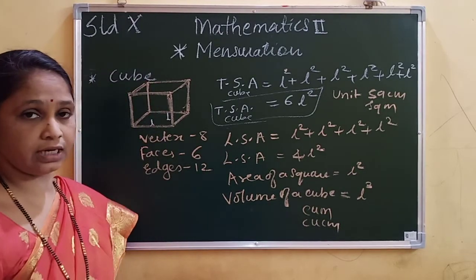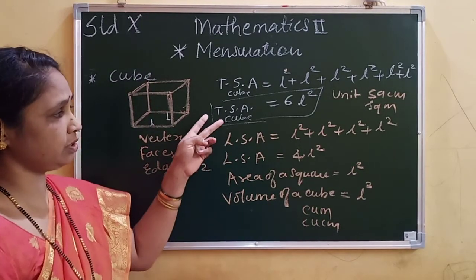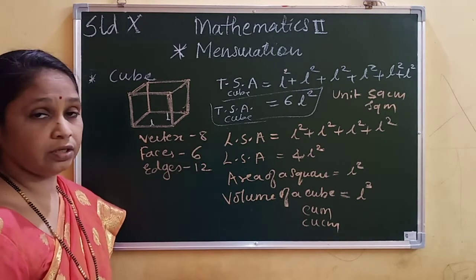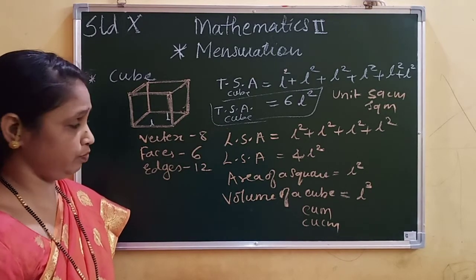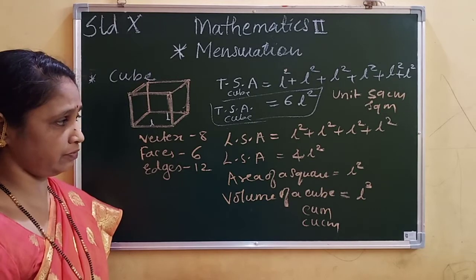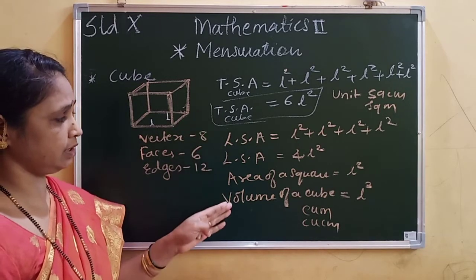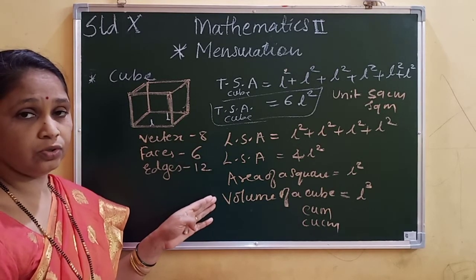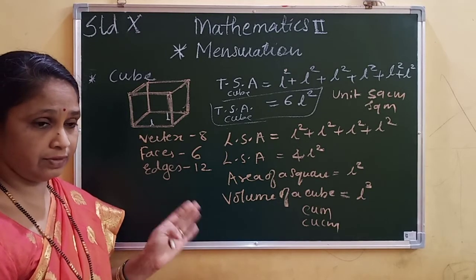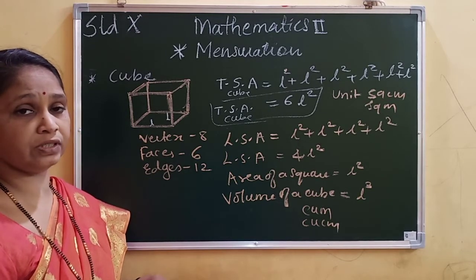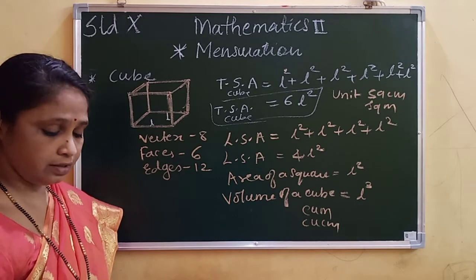Okay, so these are the units to measure the total surface area or the volume of a cube. Now this is about the cube we have seen. It's all formula. See, it is very easy to remember, and as you solve the examples, you will use them and they will get recited.